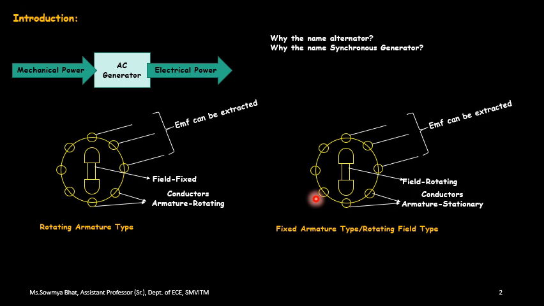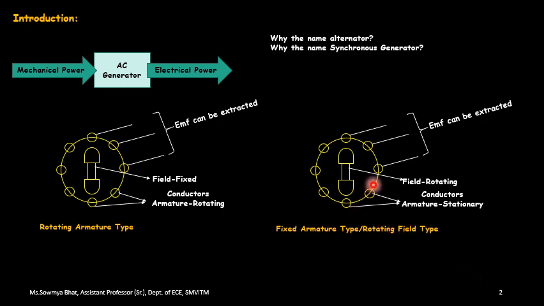You are going to have the placement, whether it is a two pole or a four pole type of machine. So you have a conductor. The conductor is connected to the slip ring, and the slip ring is connected to the brushes to collect the current. The contact between slip ring and brushes produces a huge spark in this form, that is, the fixed armature type or rotating type of field. So a very huge spark is produced whenever there is contact between the slip ring and the brushes.